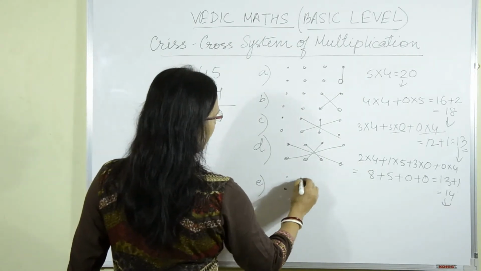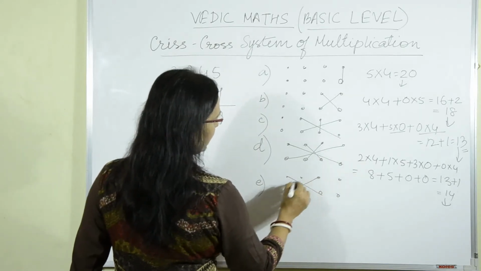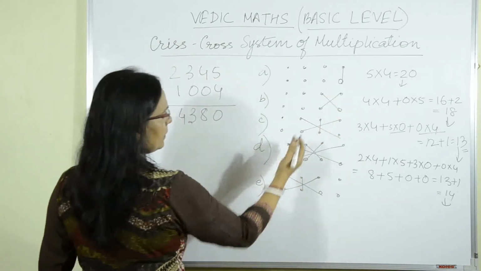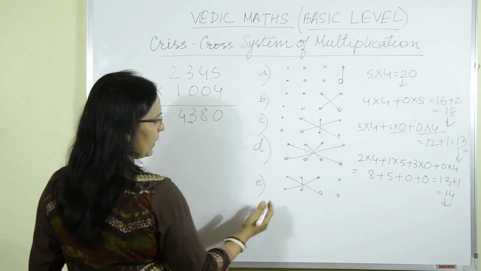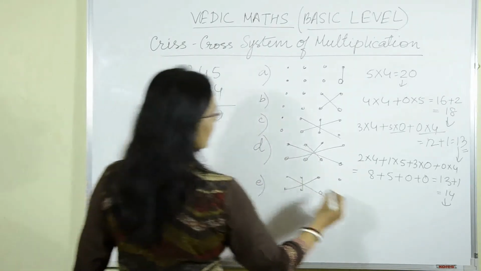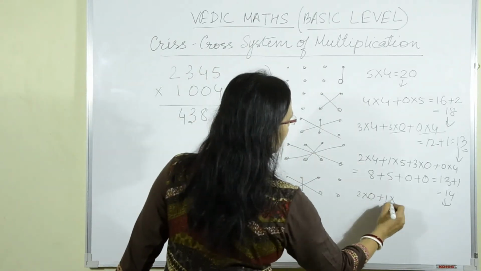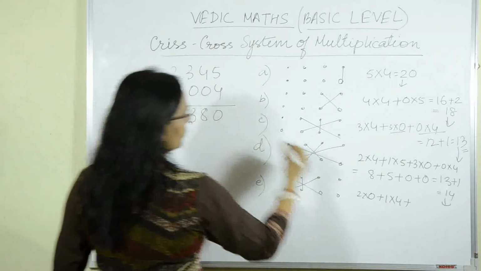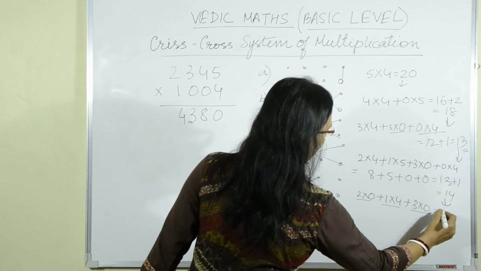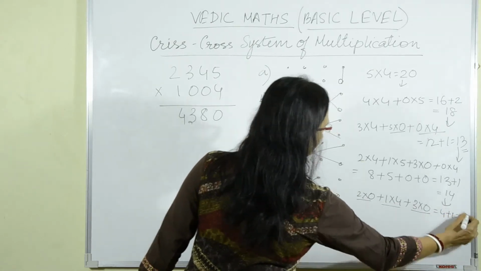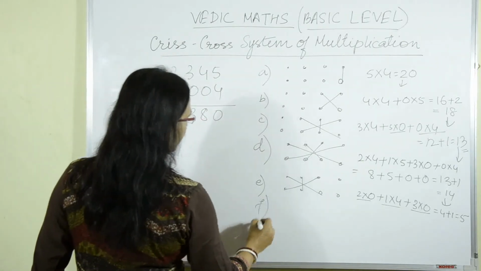E number is again multiplying in this method. Now gradually I am shifting 1, 2, 3, 4, again back to 3, 2 and 1, I will end up in this way. Now here, what do I have? 2 into 0 plus 1 into 4 plus 3 into 0. This part is 0, this part is also 0. I have 4 only, and with this one it becomes 5. I write 5. Here I don't have any remainder to carry forward.